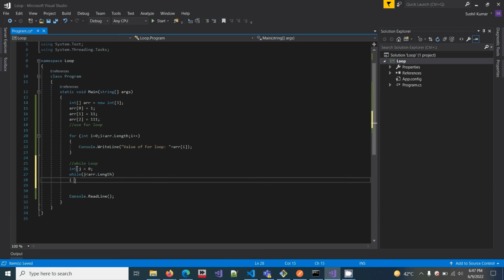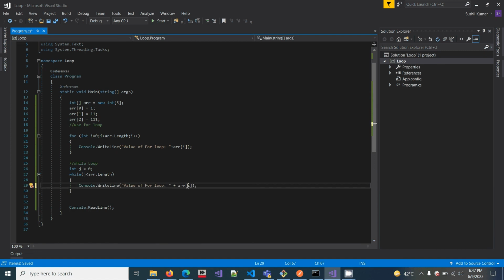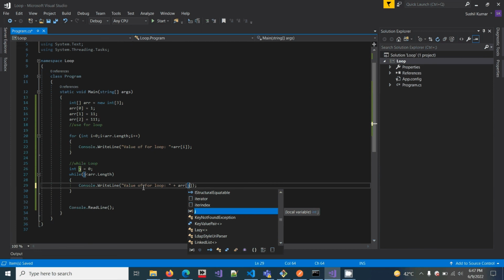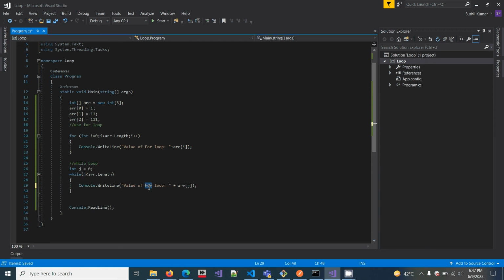After that, execute the body, execute your logic. I have copied this line and changed only the j variable, to differentiate it as the while loop. After that, increment j plus plus.